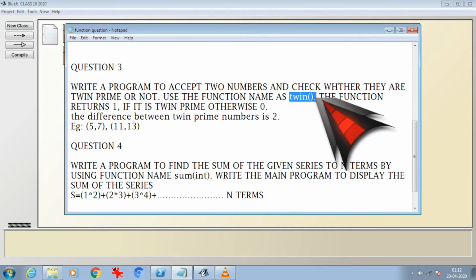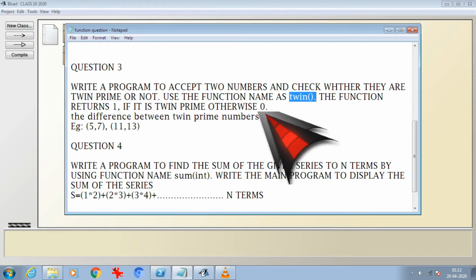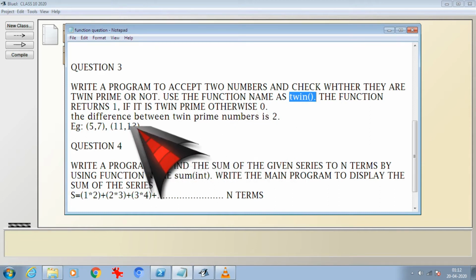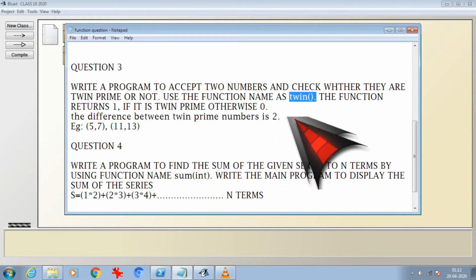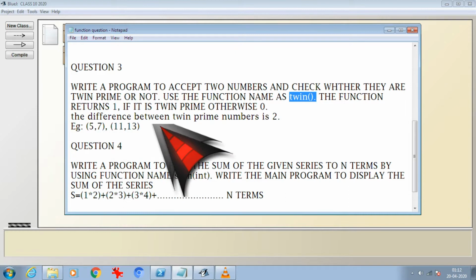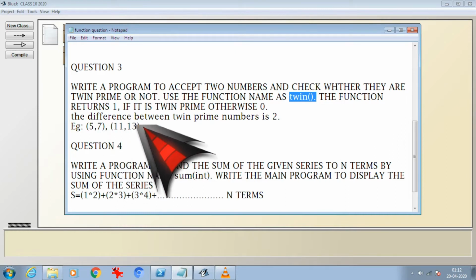The function returns 1 if they are twin prime, otherwise it will return 0. Also it is mentioned that the difference between the twin prime numbers is 2. Example: 5, 7, 11, 13.